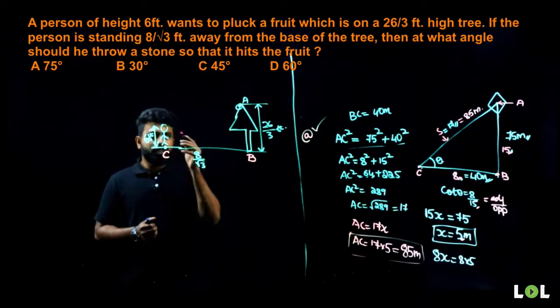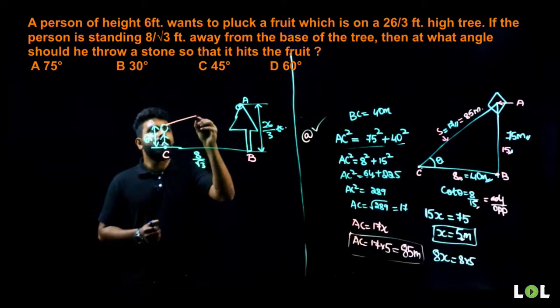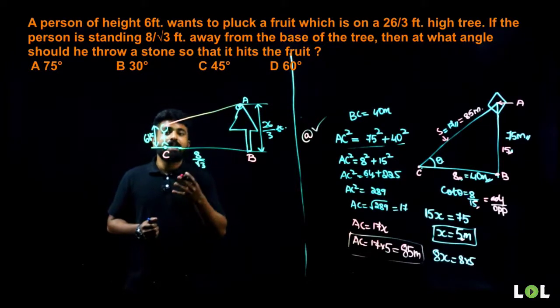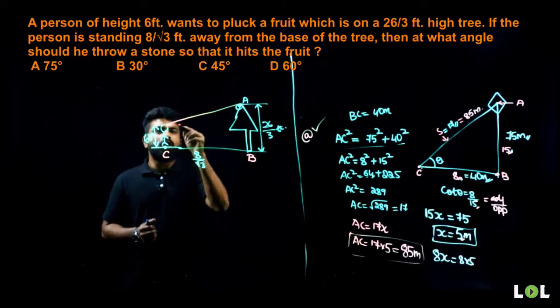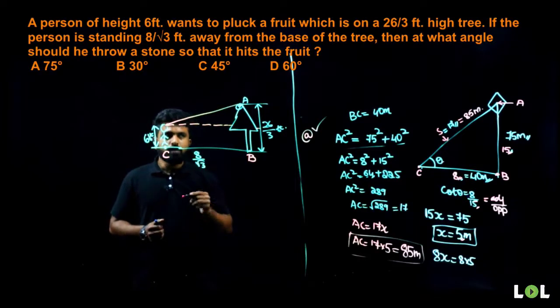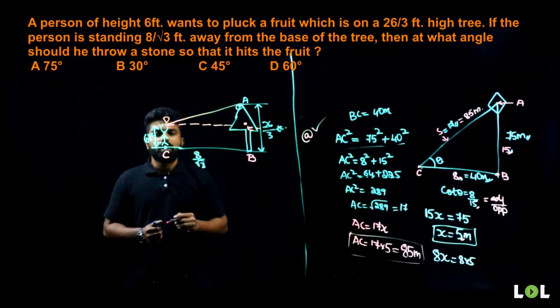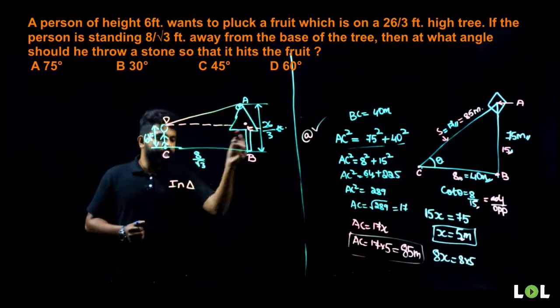So whenever he's throwing this stone or whatever it is, we have to consider from the eye line here. That is, this will be my angle of elevation. So according to the definition, what is my angle of elevation? Angle of elevation is the angle between the line of sight and my horizontal. So this will be my horizontal here. So now I'll consider this point here as point E and this point as point D. Now from the triangle, in triangle ADE,